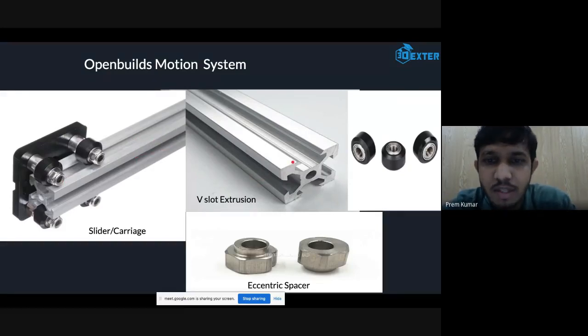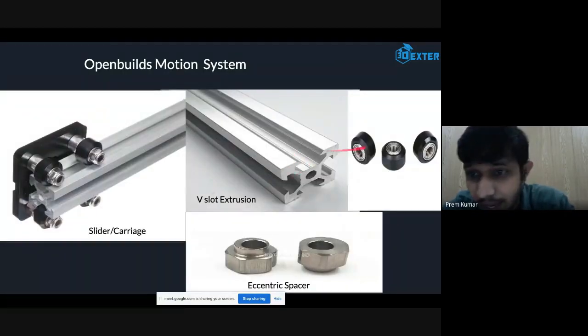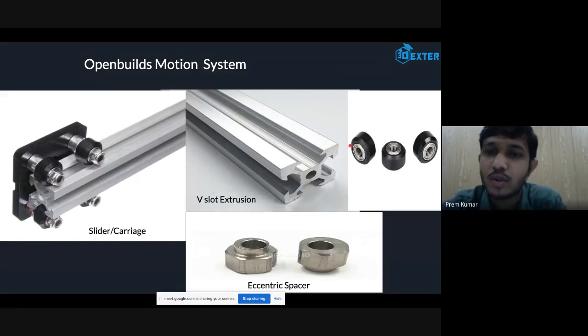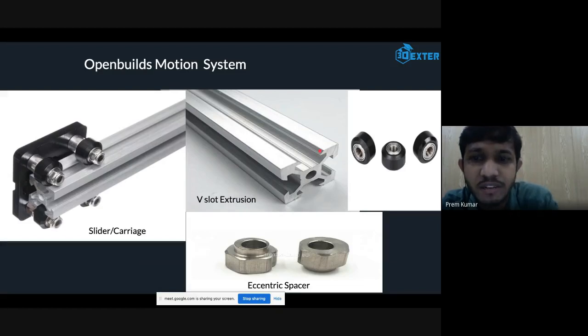And this is the V-slot extrusion, and this is the V-shaped wheel. If you look at the shape of this wheel, it is almost similar to this one. When you are choosing, these extrusions are available in different cross sections and different shapes also. So you have to keep in mind that you need to only use these V-slotted rails if you want to use these wheels on them.